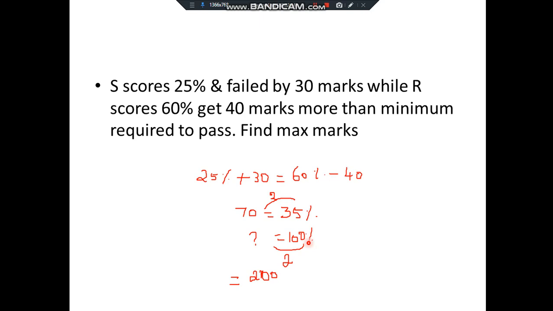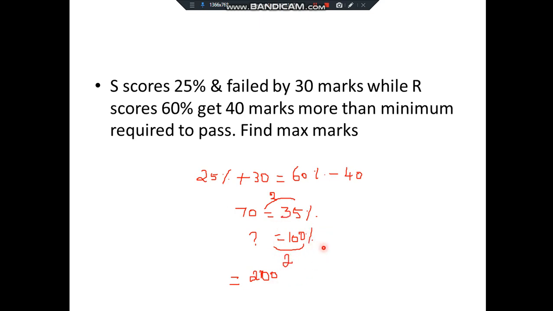I will give you one more shortcut. See, when you have a question mark like this, you can solve by two methods. See the relation between left and right. 35 into 2 is 70. So 100 into 2 is 200, right? So you can find the relation like that. Or if you have a relation like 35 and 100, if suppose instead of 100 here 70% is there, 35 into 2 is 70, right? So you can build the same relation on the left hand side. So you will get the answer. If it is confusing, leave it off. You go with the cross multiplication. Otherwise, you can use this trick.